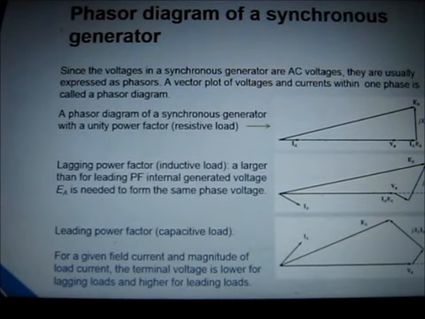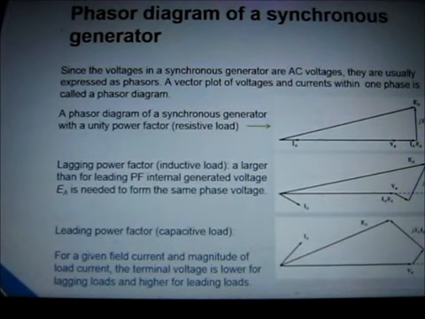Now these three pictures show the phasor diagram at leading power factor, lagging power factor and unity power factor. Study of these phasor diagrams and its various components are given in the book. These are a part of electrical machines too in our higher semester, so we'll discuss later on. For a brief idea, just the diagrams I have shown here.